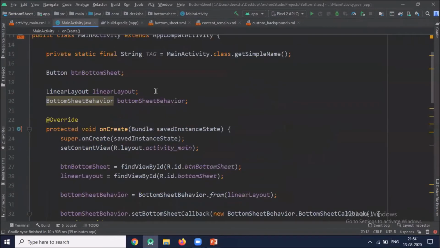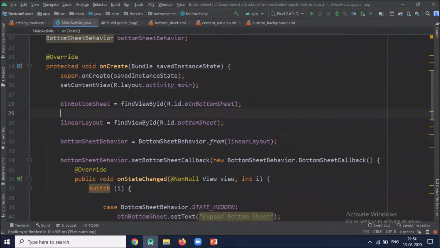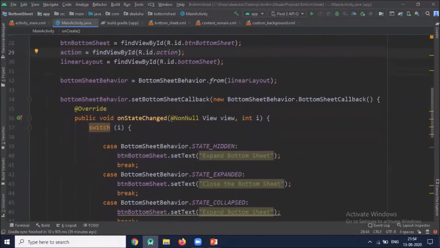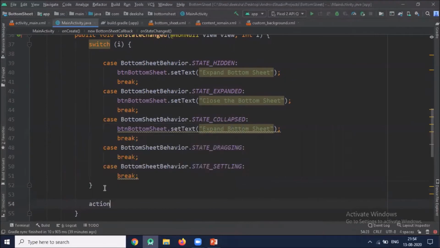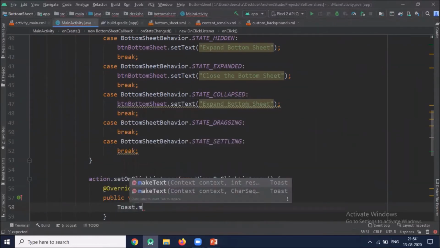Now we will work on our action button. We create one toast message.